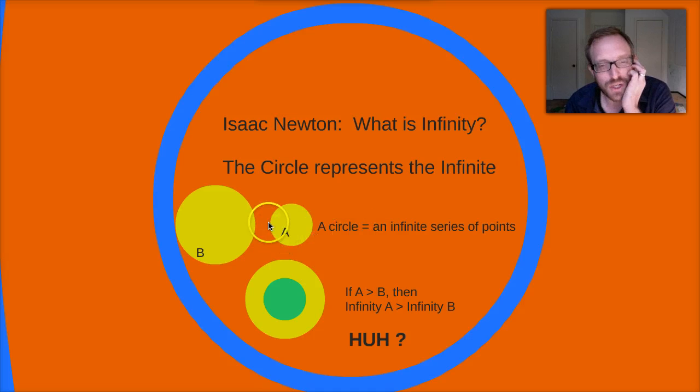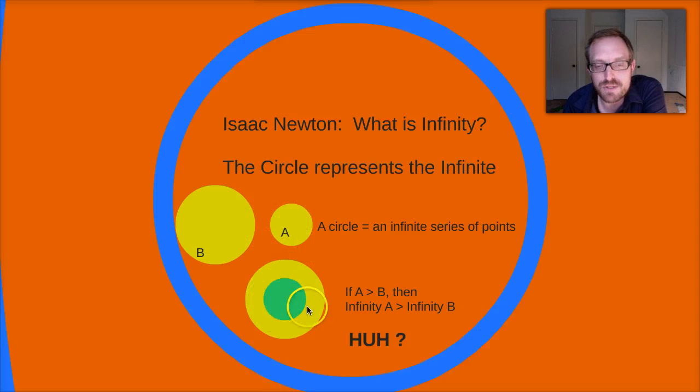And so a circle has an infinity amount of points, right? You can keep dividing how many points are in your circle infinitely. It goes on and on and on. But the problem is, what happens if you have two circles, right? What if you have circle A, which is smaller than circle B? And what happens if we superimpose them?